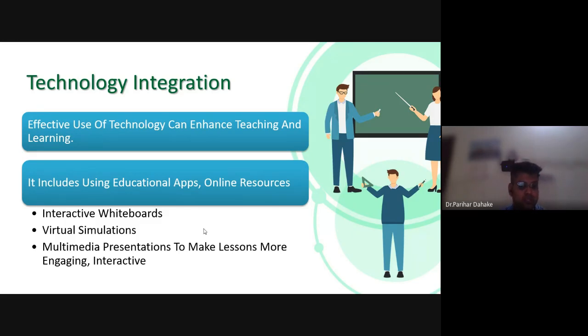You can use educational applications, online resources, interactive methods, virtual simulation, multimedia, where you can create engagement with the students, and that will lead to a good understanding among the students and student groups. Here I am going to share one link which shows how online resources can be useful to engage with students.